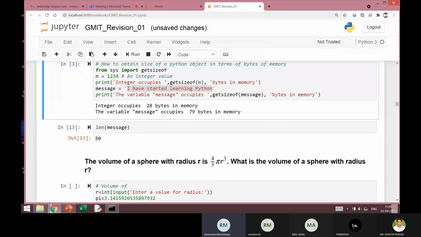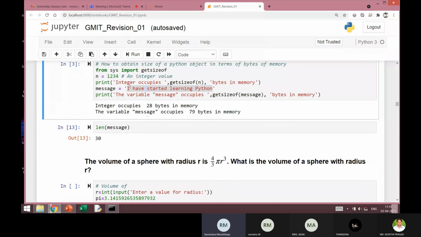In the next cell, I'm actually finding out its length. In fact, there are 30 characters in this string, not counting the end quotes. The beginning quote and end quote are not counted as characters. They are only used to enclose it and to say that it is a string. Now, if I had defined this as a character string in C++, it would have occupied exactly only 30 bytes. But in Python, you can see that it occupies 49 more bytes.